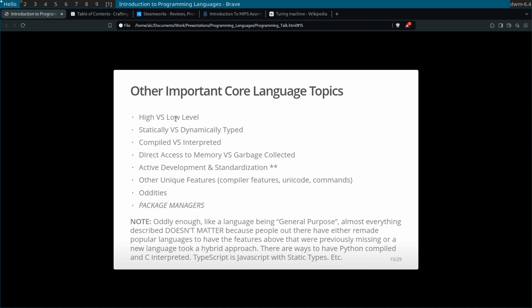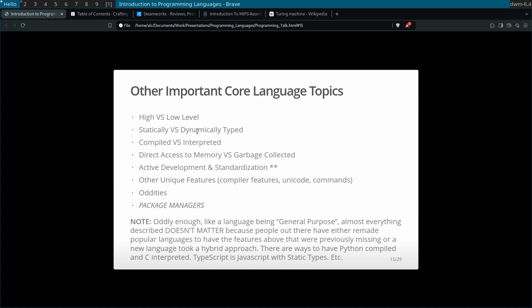So one thing I like to talk about is you wouldn't want to make a pacemaker in Python because people would probably die. The reason for that is because Python doesn't have a lot of great ways to check for overflow, underflow, and stuff like that. It doesn't give you direct access to memory, and a pacemaker would probably have not a lot of RAM and low CPU power, or whatever it runs. So you would want something that you could get as close to the bare metal of the pacemaker as possible. That's why you would want a low-level language versus a high-level language. Low-level meaning low or close to the hardware. High meaning more abstracted away from the details.